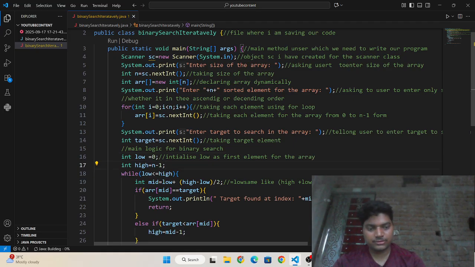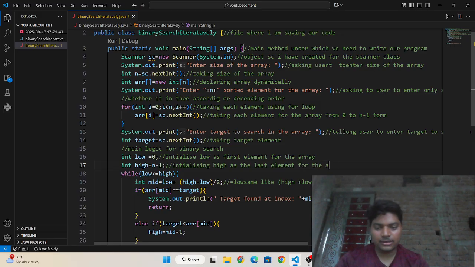Okay, initializing high as the last element of the array.